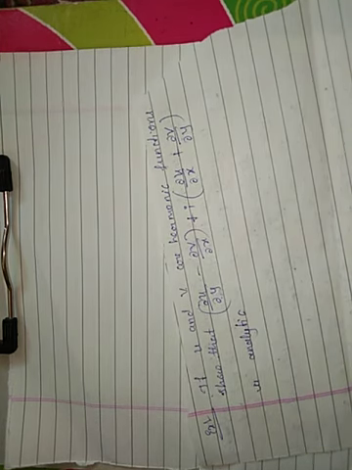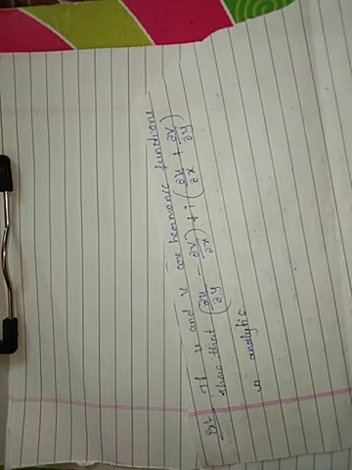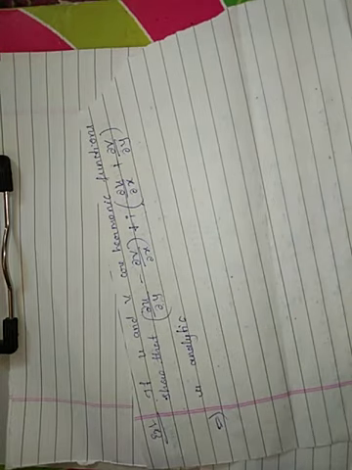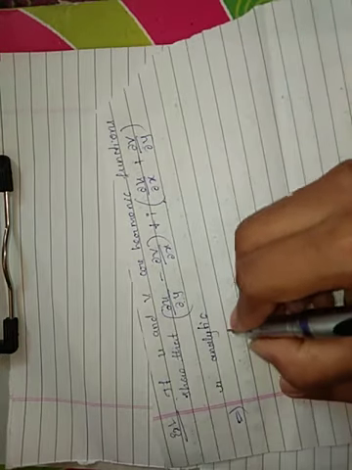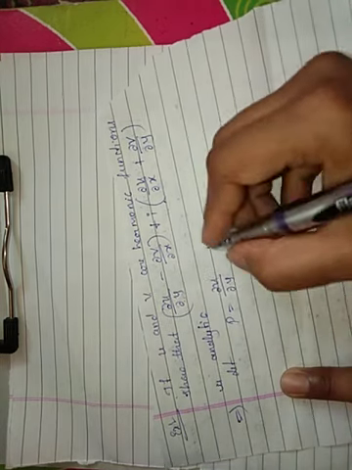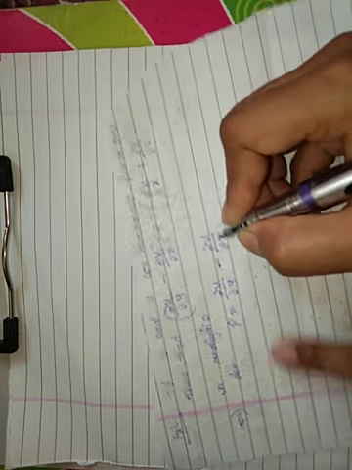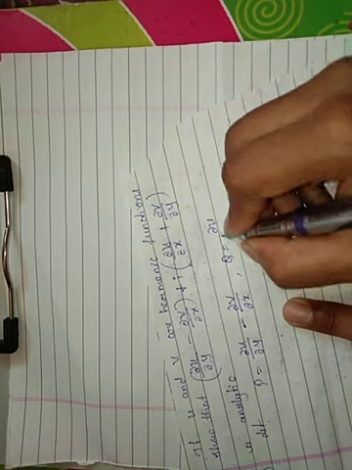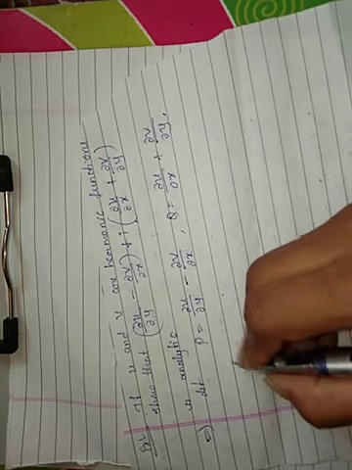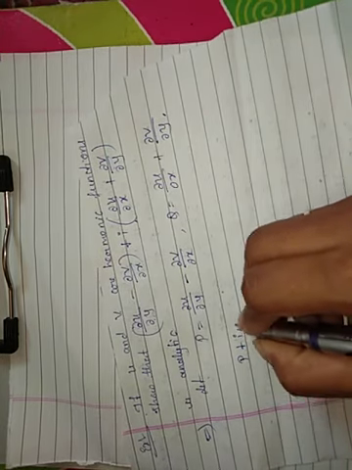So we have to show that if u and v are harmonic, dou u by dou y minus dou v by dou x plus i into dou u by dou x plus dou v by dou y is analytic. So we have to prove that this function is analytic. To start the solution, I am taking some substitutions here. Let us take capital P equal to dou u by dou y minus dou v by dou x, and Q equal to dou u by dou x plus dou v by dou y. I am just using different notations here. Then the function becomes P plus iQ.